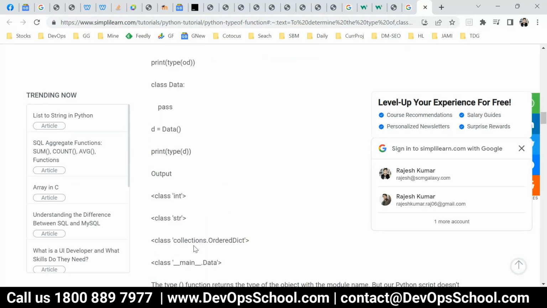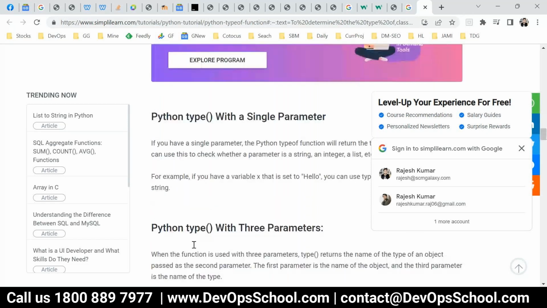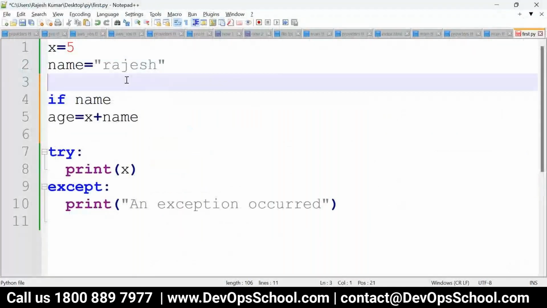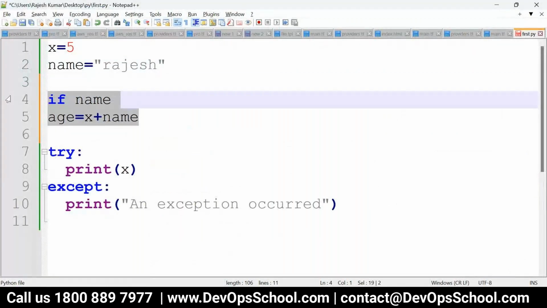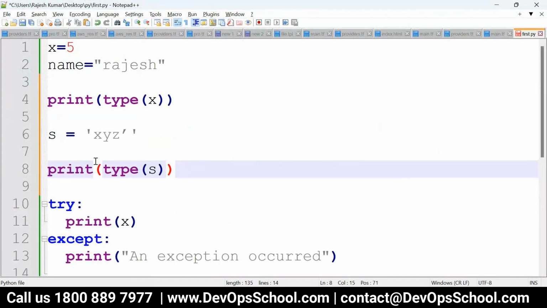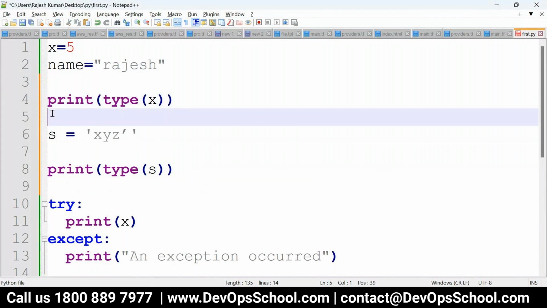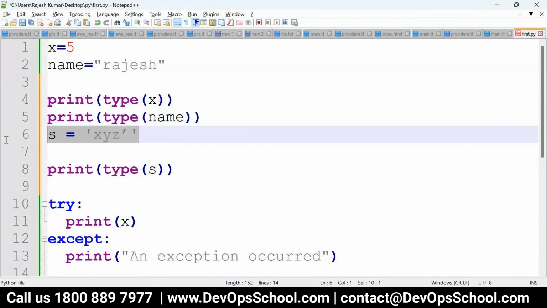Let's not put it in proper way actually. So let's use this. Look at this here. Here print type X, and here print type name, and here